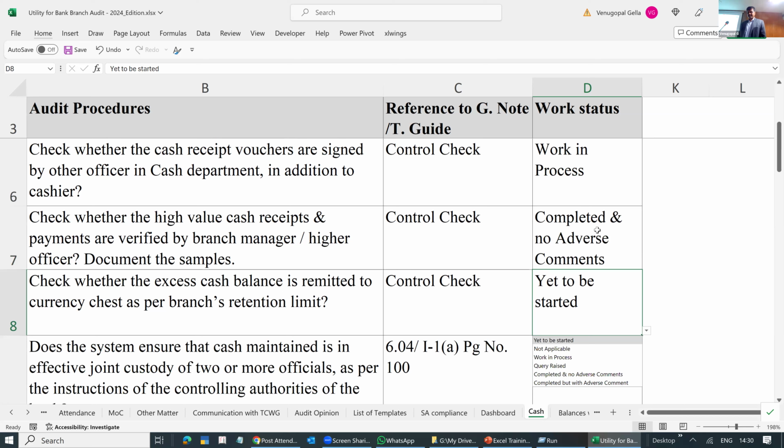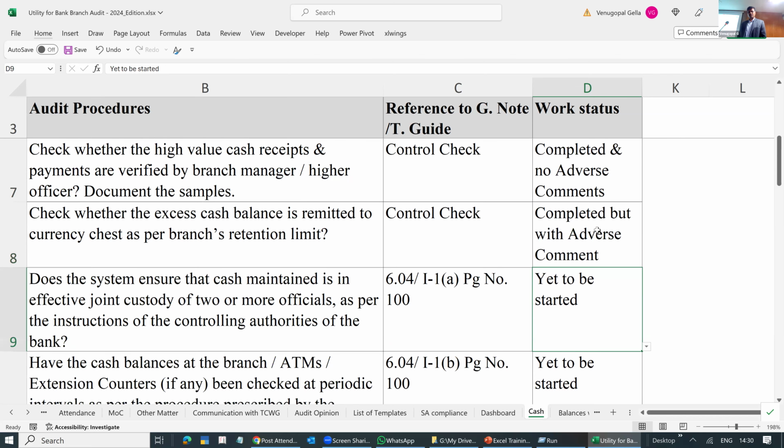Is excess cash balance there? Yes, excess cash balance is there, and always it is there. You will keep writing each and every point. Most of the days it exists, but the exceeding level of the insurance portion is not available at the bank level, not at the branch level. This is your LFIR point.